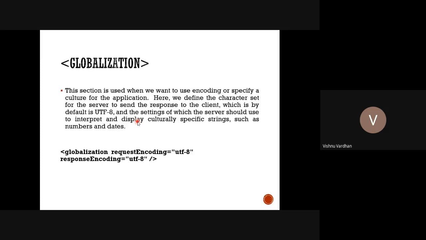Then globalization. So the globalization is for including all kinds of text that is available. If you are taking the UTF-8, you can only be putting the code in the ASCII characters that we have seen in the XML also. And whenever you want to encode with some different languages or cultures, suppose you want to write some information in Marathi, okay. So UTF-8 is not supporting that. For that you have to take Unicode, okay. So the Unicode characters have to be capable to display the